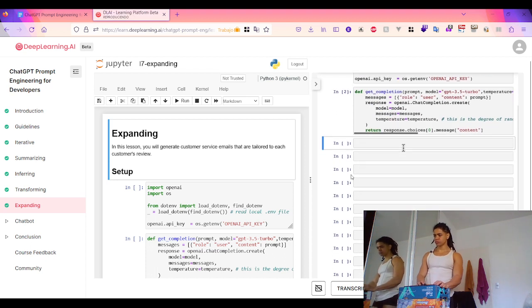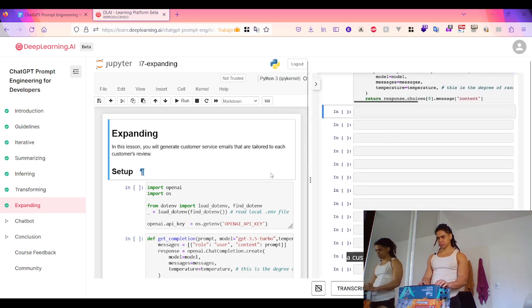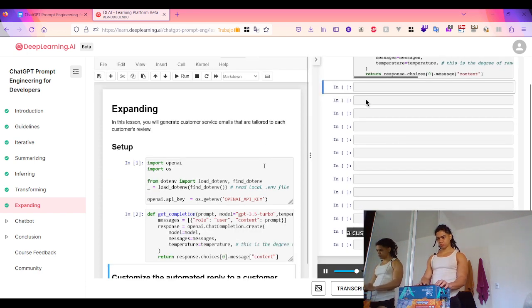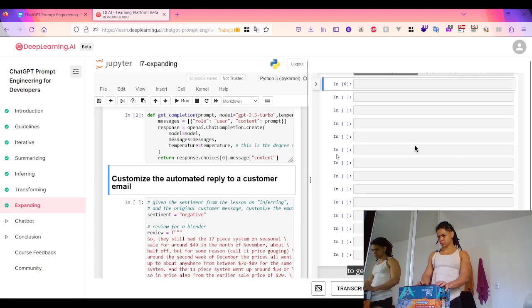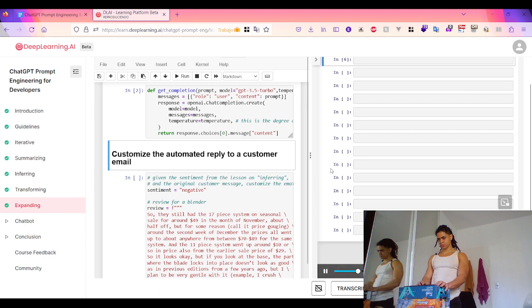And now we're going to write a custom email response to a customer review. Given a customer review and the sentiment, we're going to generate a custom response. Now we're going to use the language model to generate